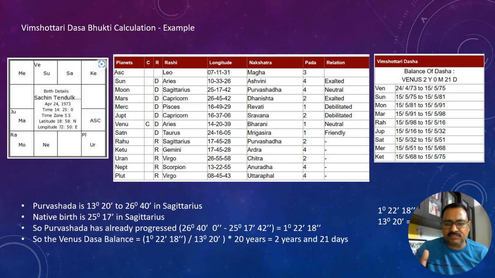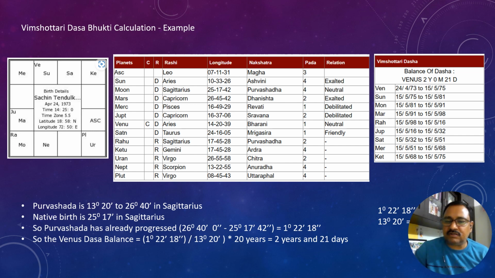That's the overall spread. Now to calculate the balance dasha, you take that value, which is 1 degree 22 minutes and 18 seconds, and divide it by the duration of each nakshatra, which is 13 degrees and 20 minutes. For an easy calculation, you can see on the right side of the screen that I have changed the numerator to seconds. 1 degree is 60 minutes and 1 minute is 60 seconds. So you get